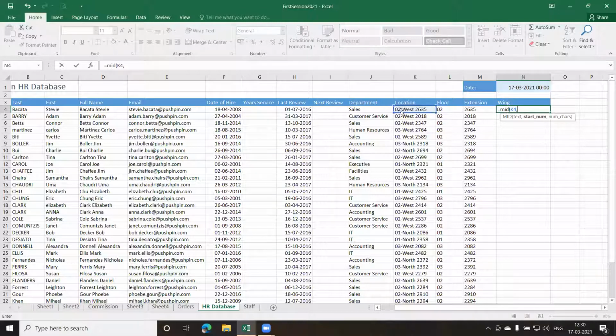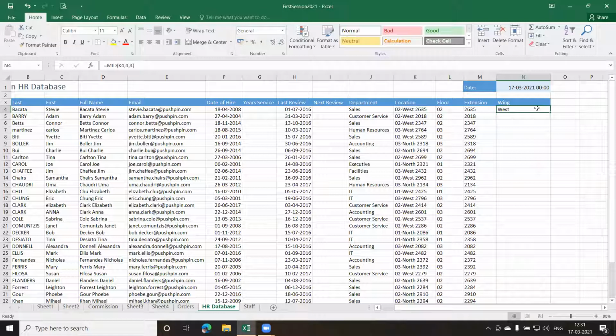Now, if you look at the string here, the first 2 by default are your flow number and there is a hyphen. So 3 characters are already gone. So I have to start from the 4th character. So the start number will be 4 here. Then I give the comma. Now, how many characters do I want to extract from this particular location? If you look at the string here, there are 4 characters, so I can easily give 4 here. And I press enter and I get the characters.